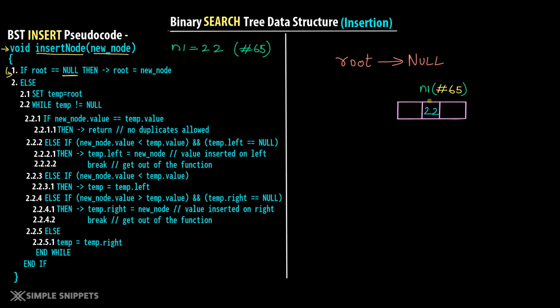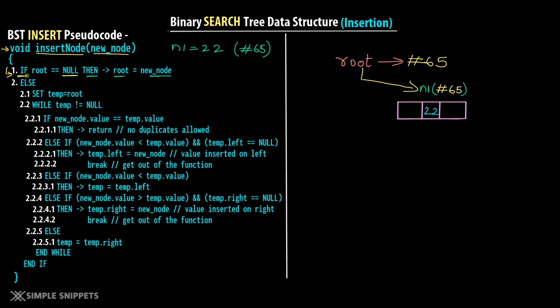So as shown over here in the diagram, for the first instruction, it says if root equals null, which is true in the first case, then you simply say root equals new node. So now our root will start pointing to n1, which means the root will have the address of hash 65. Now do note that when we go to the practical implementation, this is going to be a pointer and hence it is going to point to the node by storing its address. Okay. So now root will start pointing to n1. Makes sense? This is the first condition.